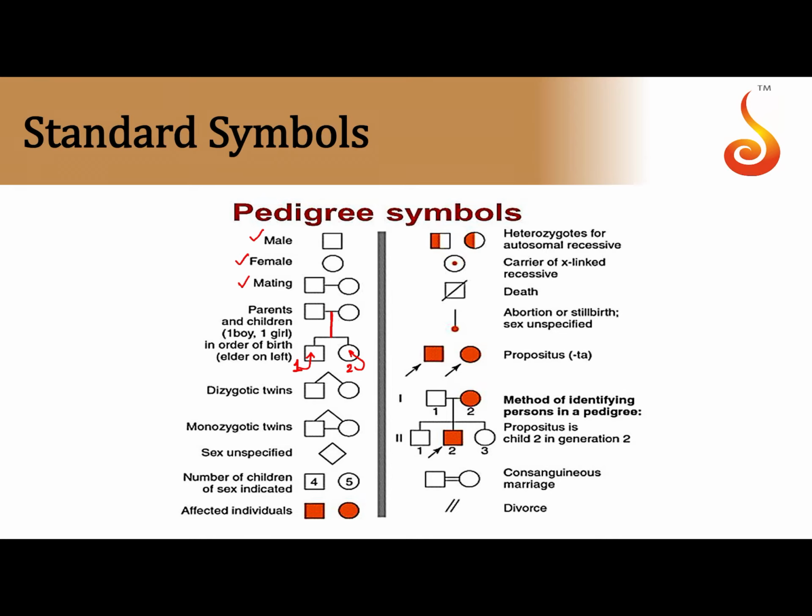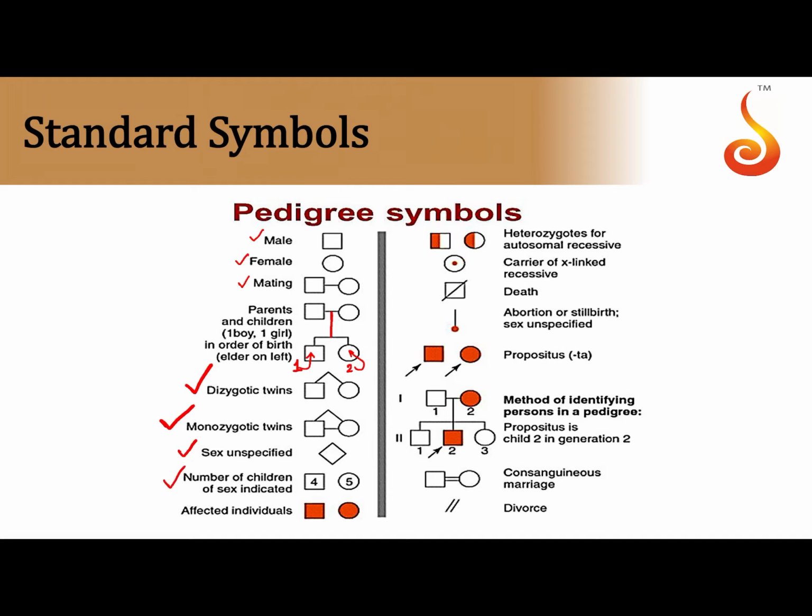You also have some additional symbols that you would want to know over here. Like how here the square and the circle are connected by a triangular line on top, and that represents a dizygotic twin. If they're connected by a triangular shape on top and a horizontal line below, then it is a monozygotic twin. Of course, while representing a family tree, if the sex of the individual is not known because it has not been recorded over the years, you can just represent it using a diamond symbol.